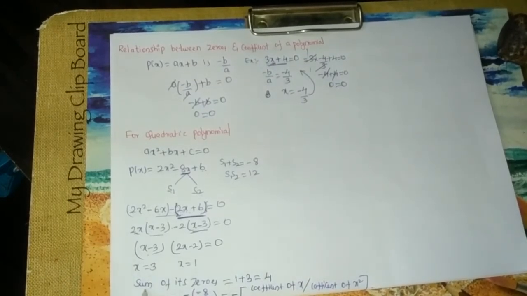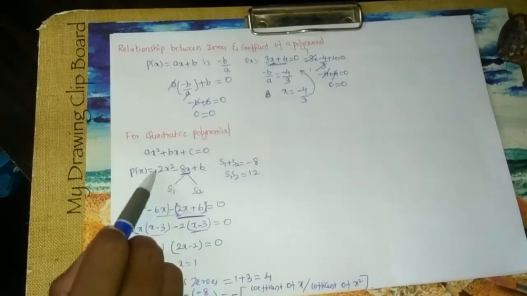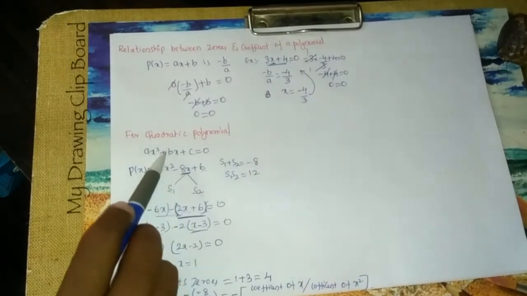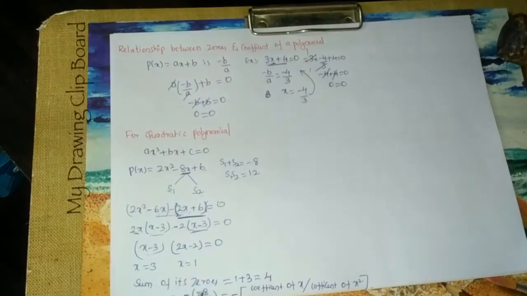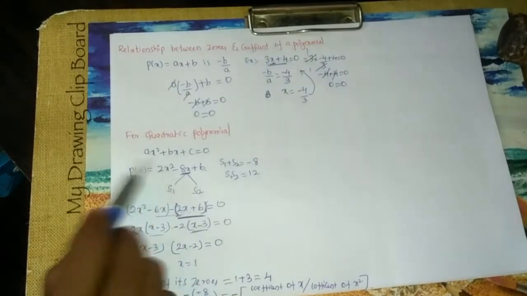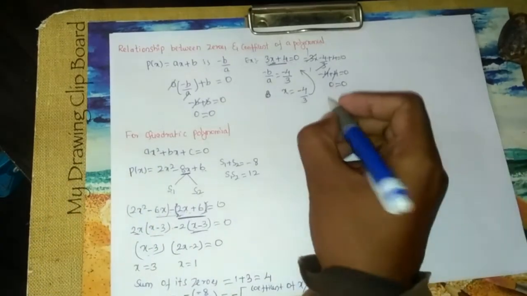So the sum of zeros, these two being the zeros of this quadratic polynomial: when I add 1 plus 3, I will get 4. This 4 can be written in the form minus into minus 8 by 2, where minus 8 is the coefficient of x, and 2 is the coefficient of x square. Now let me see